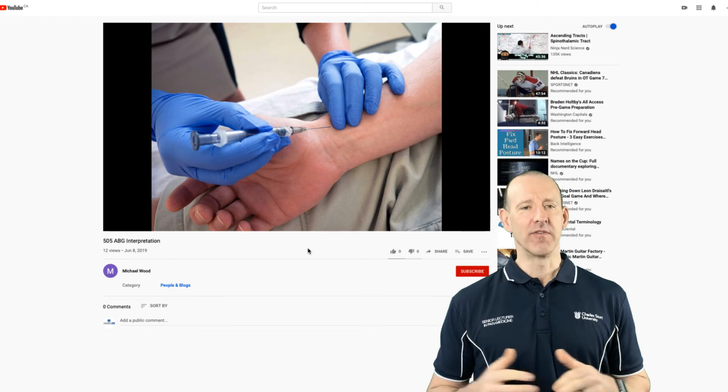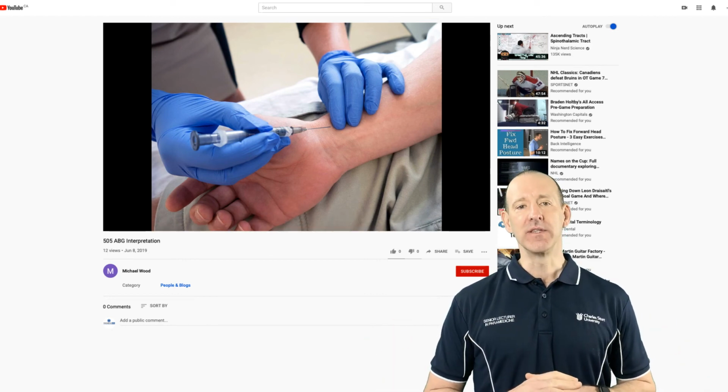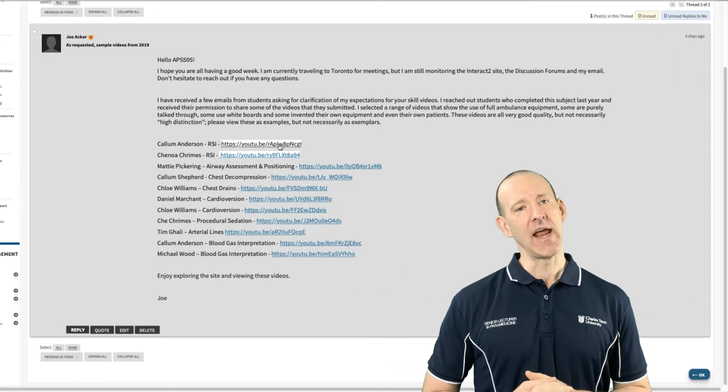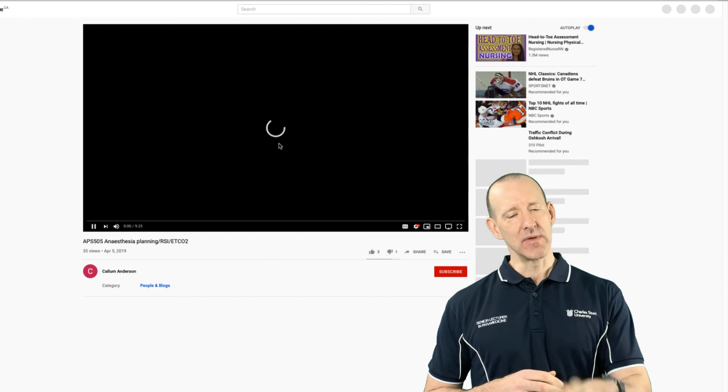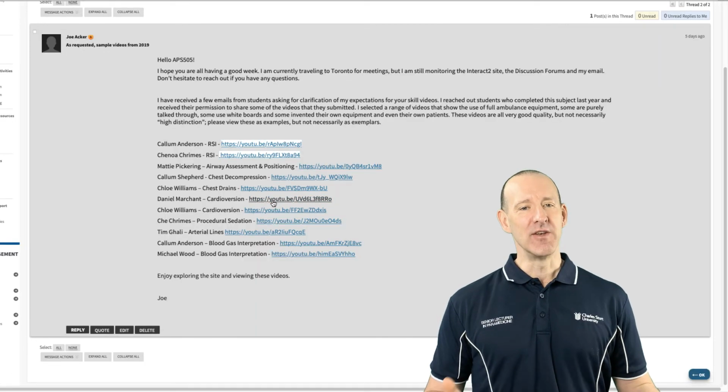We're not looking for exact performance of the skills as you will do in a lab, because come the res school in Bathurst, you'll have ample opportunity to get your hands on the patients, the simulated patients, as well as the equipment. So whatever you can use around your house, whatever you can use around your ambulance service, with permission from your ambulance service, please go ahead and do that to perform your skills.